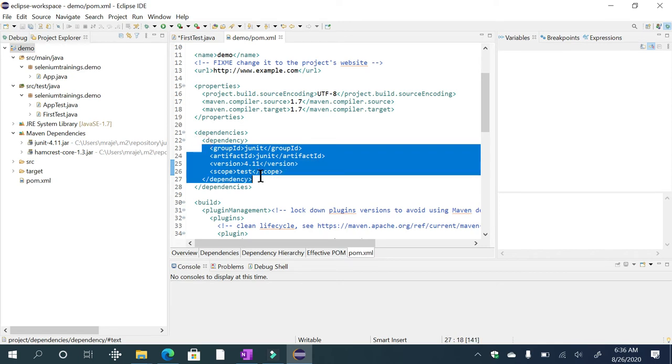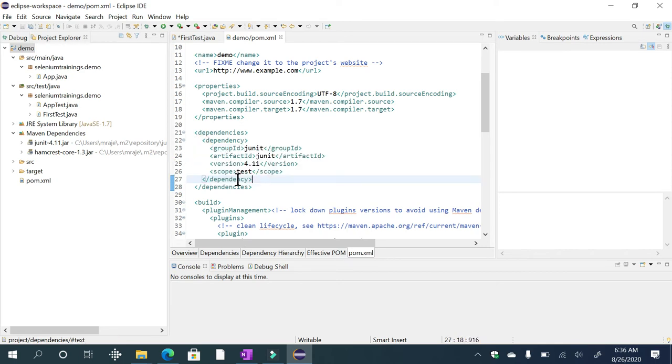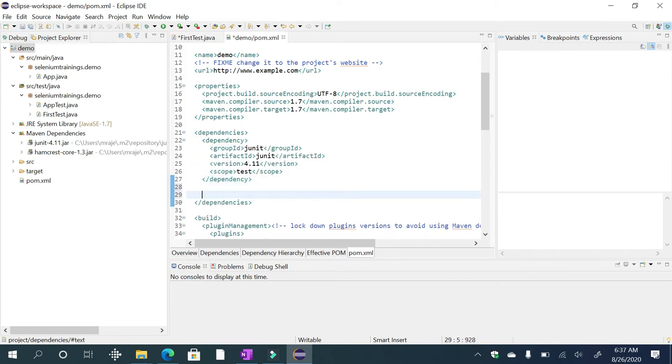So rather than downloading the jar file and adding it to the class path or build path, from now on we only manage the dependencies. If you give your dependency name, Eclipse will automatically download the jar file from the Maven repository and place it in your users .m2 folder. Look at this, C users mraje .m2, and it will create a local repository and read all your classes from that folder.